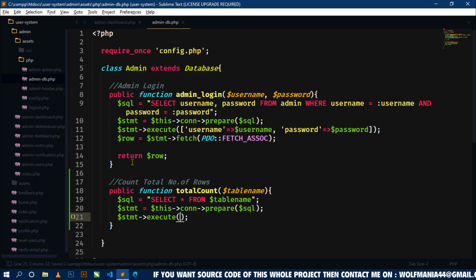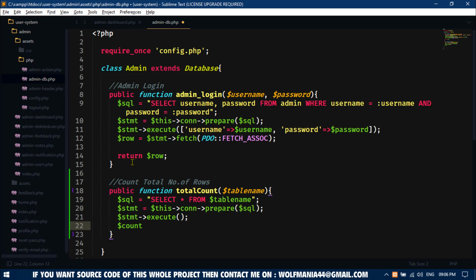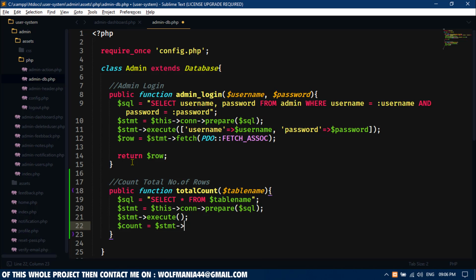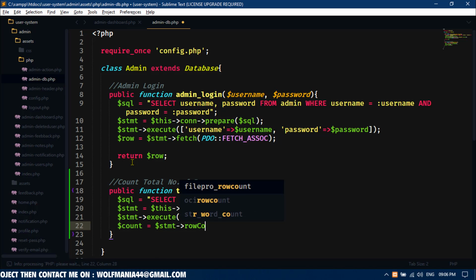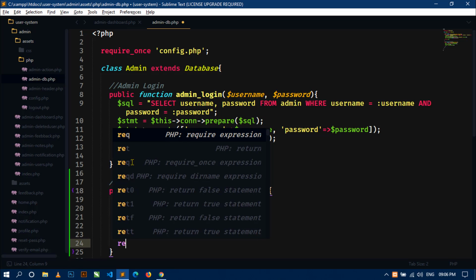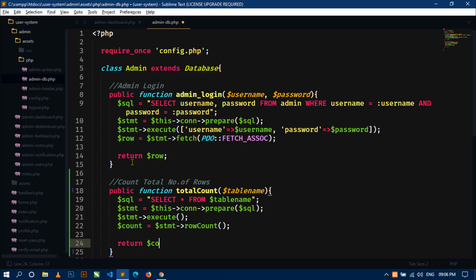Okay, now next let's declare one more variable count and equal to statement, and here I will use row count method to count the number of rows in a table. Okay, and let's use return count. Okay,